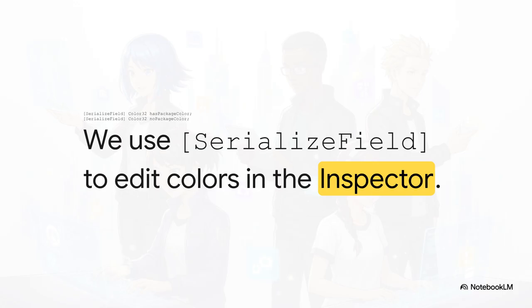Now, see that little SerializeField thing I put above them? That is one of the most useful tricks in Unity. It tells the editor, hey, even though this variable is private, I want you to show it in the inspector. This lets us pick our colors visually with a nice color wheel, which is way better than trying to guess